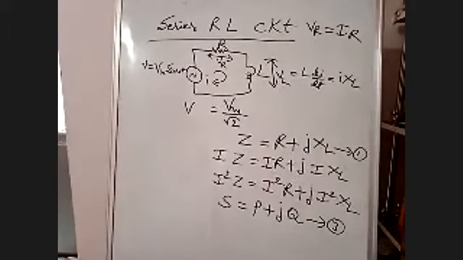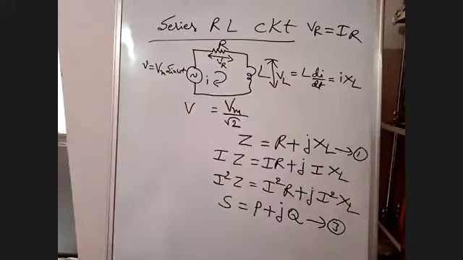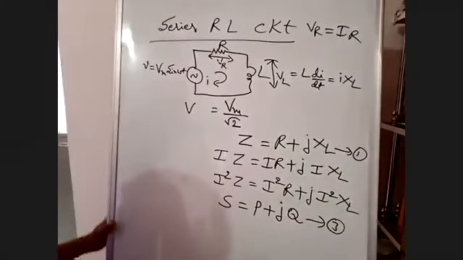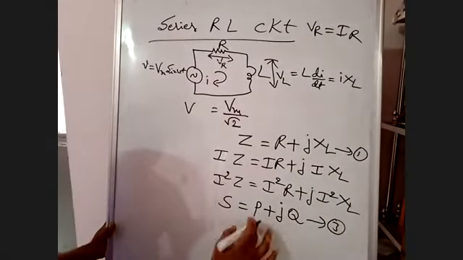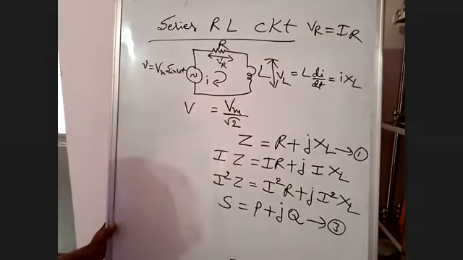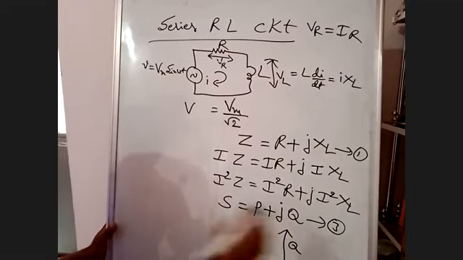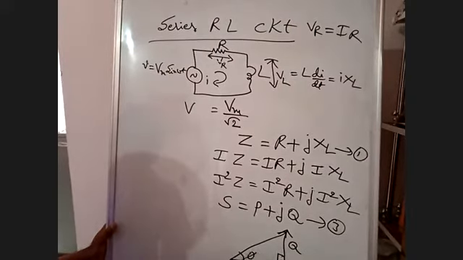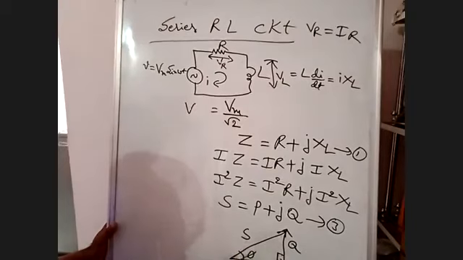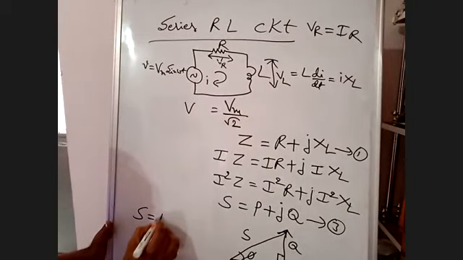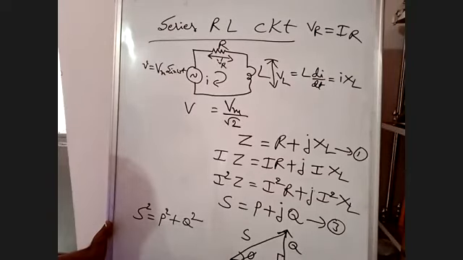Yes, sir. Okay, see here, for this equation 3, I am taking the real power on the x-axis and the imaginary power, that is reactive power Q, on the y-axis. J means 90 degrees here. This is your phi, and S is the total power. Therefore, S is equal to the square root of P square plus Q square. Now tell me, what is cos phi?